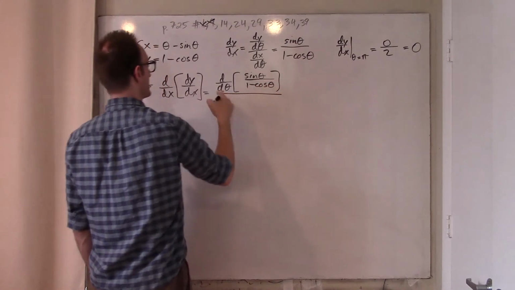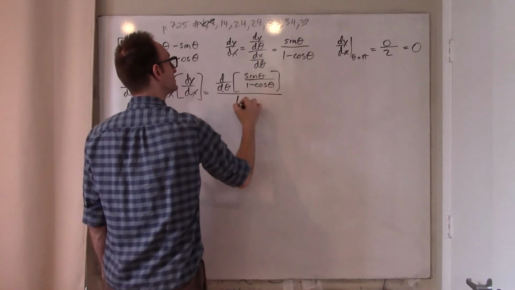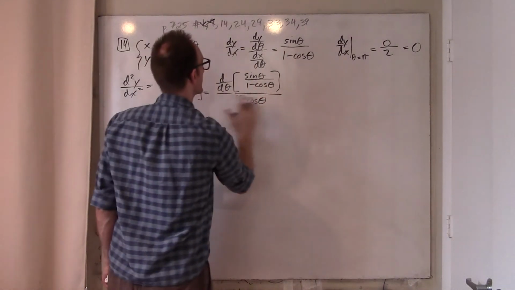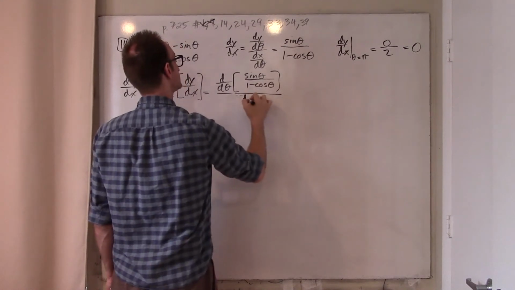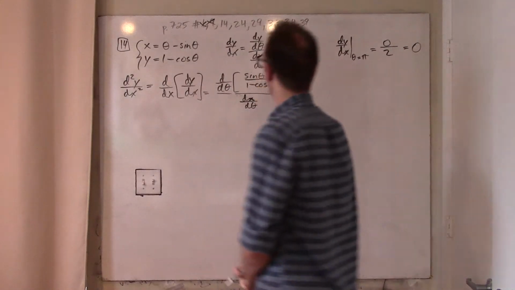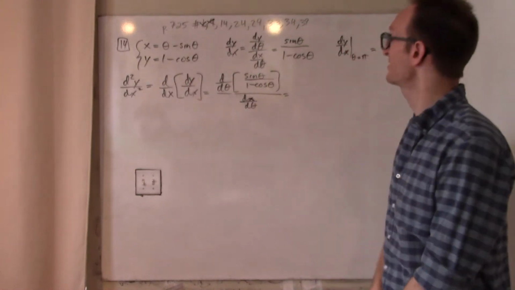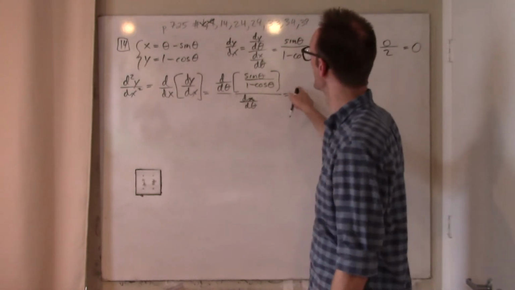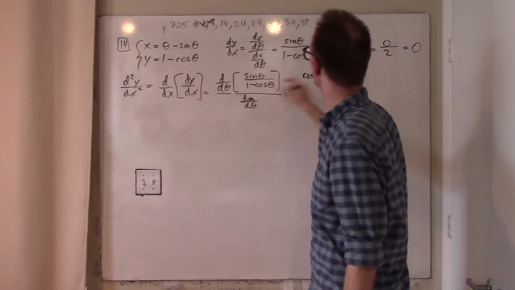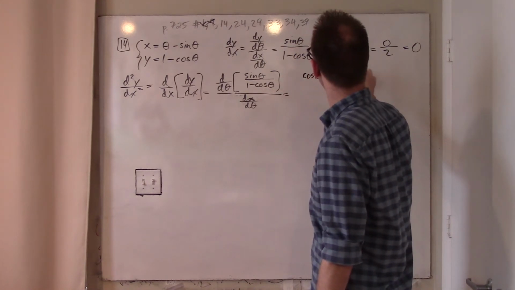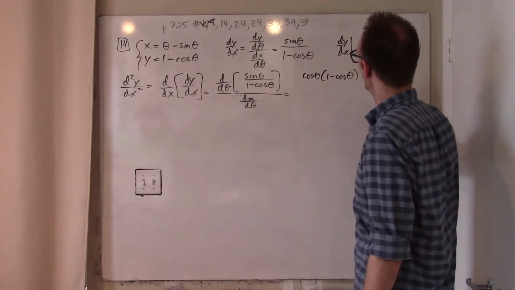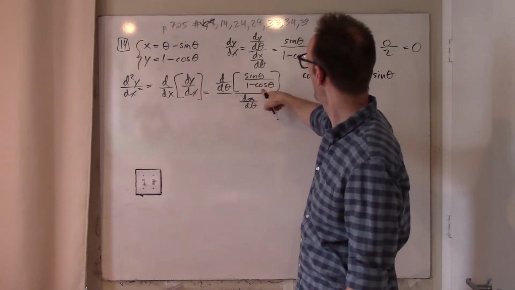And over dx d theta, which we already saw to be 1 minus cosine theta. Maybe I should just write that. Dx d theta. So that's the logic of what's going on. Okay, so now I just need to differentiate this. I'm just going to use the quotient rule, I suppose. So derivative of the first, derivative of sine is cosine, times the second, 1 minus cosine theta, minus the first, times the derivative of the second, and the derivative of 1,